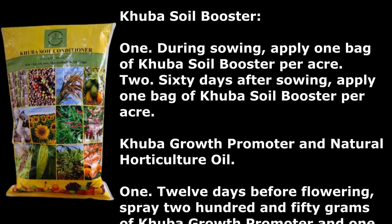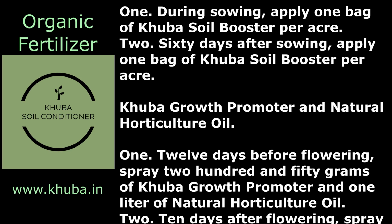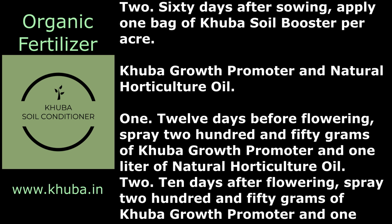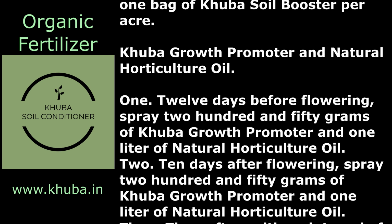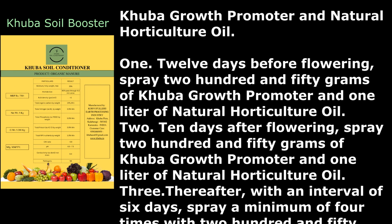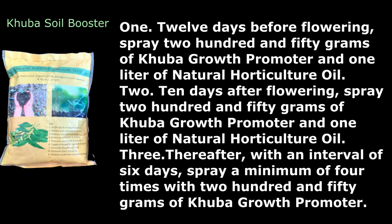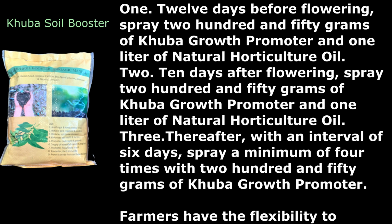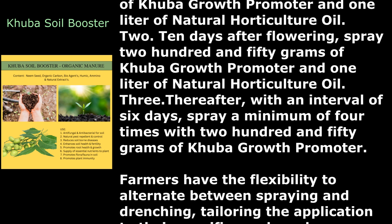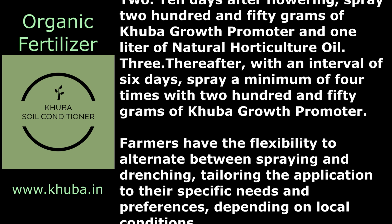Khuba Growth Promoter and Natural Horticulture Oil. 1. 12 days before flowering, spray 250 grams of Khuba Growth Promoter and 1 liter of Natural Horticulture Oil. 2. 10 days after flowering, spray 250 grams of Khuba Growth Promoter and 1 liter of Natural Horticulture Oil. 3. Thereafter, with an interval of 6 days, spray a minimum of 4 times with 250 grams of Khuba Growth